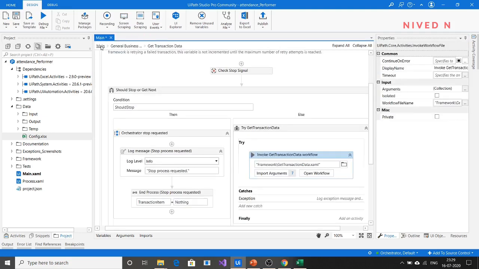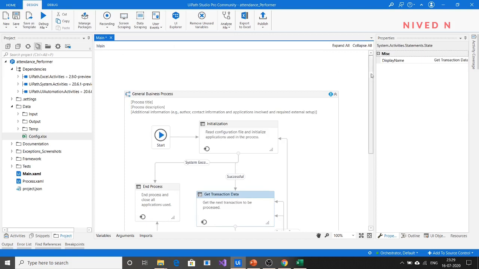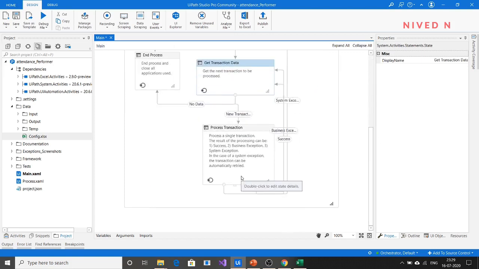So the only thing we have to add is in the process transaction state. Since we have retrieved the transaction item through the get transaction data state, in the process transaction state you have to analyze each transaction item. Each transaction item consists of the employee's attendance details.